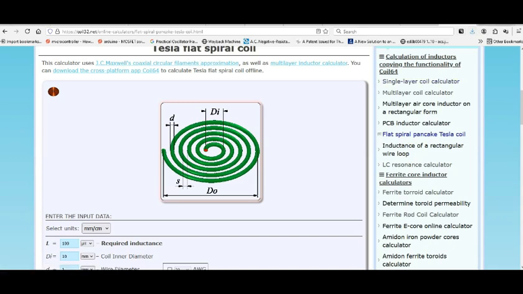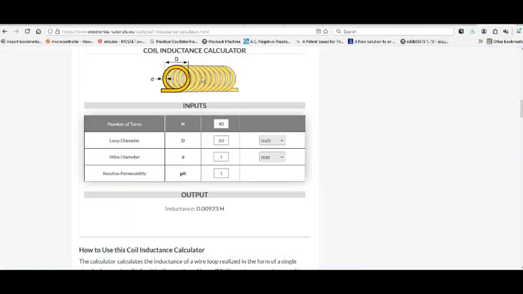Now, if you have one like this, say this thing is fully charged. There's going to be the Bloch wall, or whatever it's called, in the middle there. There's going to be a north down here and a south there. And so what I wonder, and I kind of think, is that that north affects all of those and the south affects all of these. And so that would mean that this setup is worse than the flat Tesla pancake coil setup for purposes of